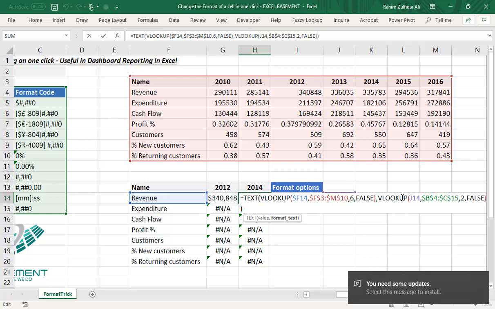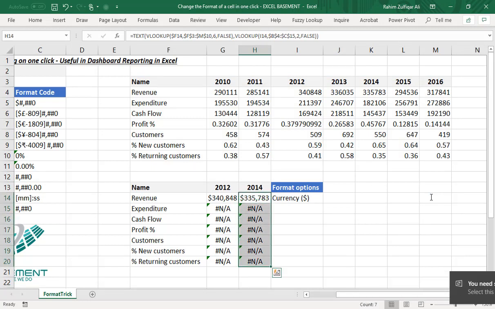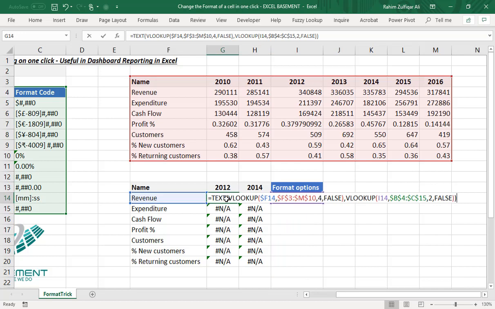Sixth column, yes. Alright, so I have revised the formula here.